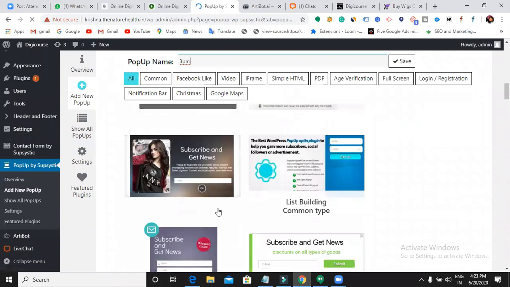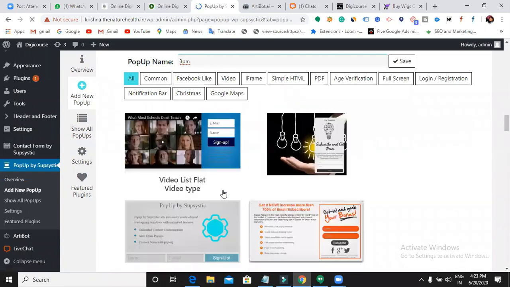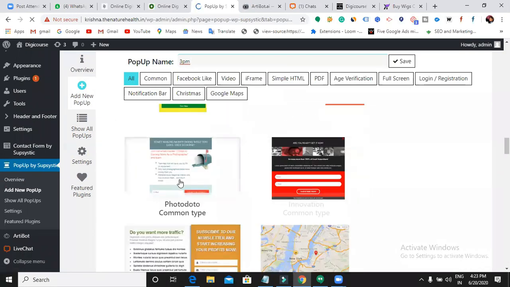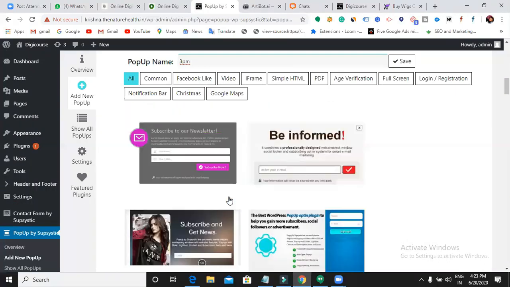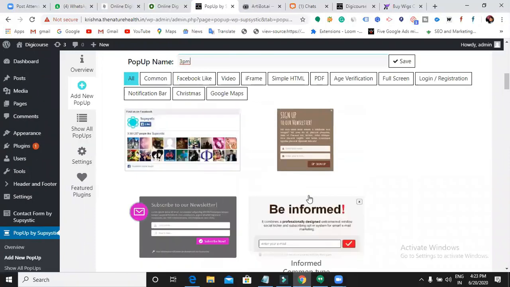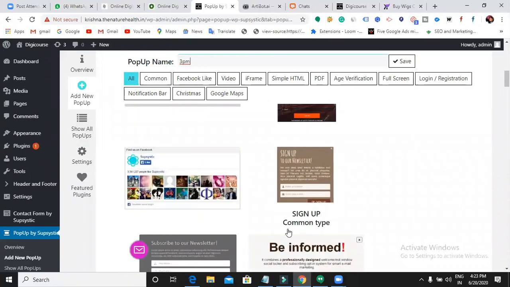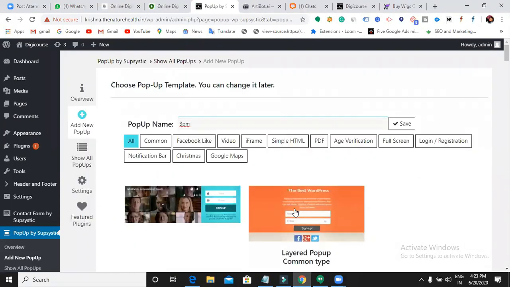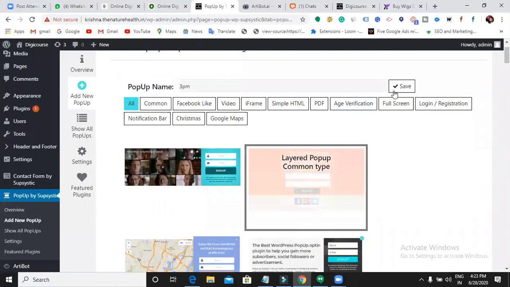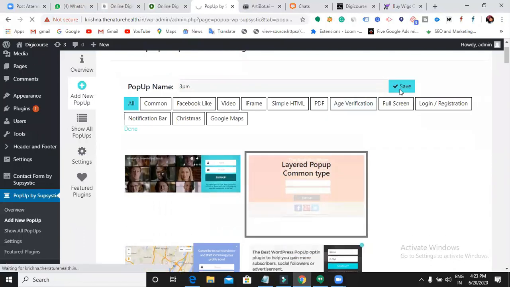Again, you can choose which layout you want, same as a contact form, you can choose it here. You have different layouts. Okay, let me choose. Which one should I choose now? Can I choose this sign up type? Let me choose this and save it. So again, you can design the layout, what you want to show, what segments you want to show. You can design the colors, the background color, everything.